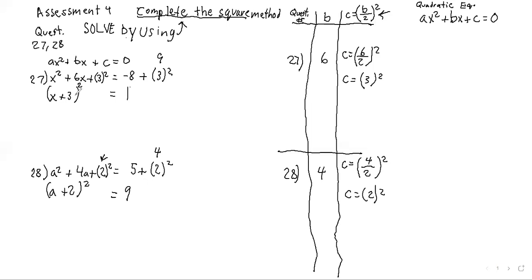How do we solve these? We just solve them like we would solve any other algebra equation. We're going to look at the variable side of the equal sign, and we're going to do the opposite of whatever math operation is happening. So we look over here, we see it's being squared, and we're going to do this in the order that PEMDAS tells us to do it. Remember, PEMDAS, or please excuse my dear Aunt Sally,